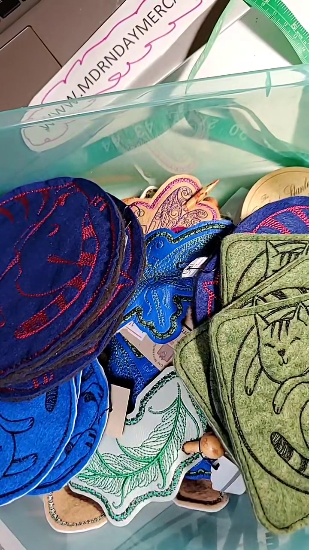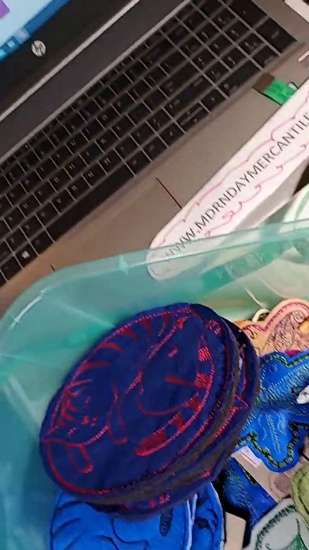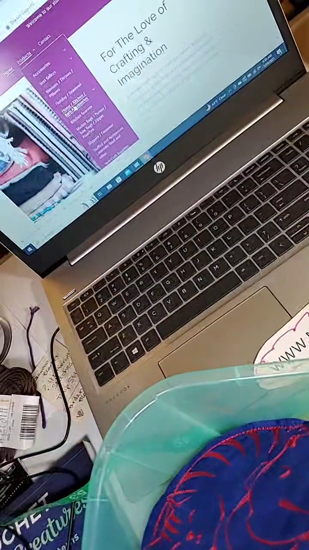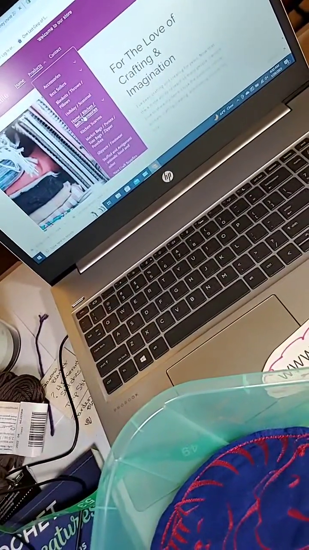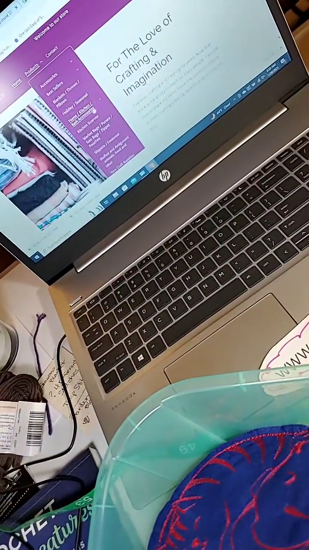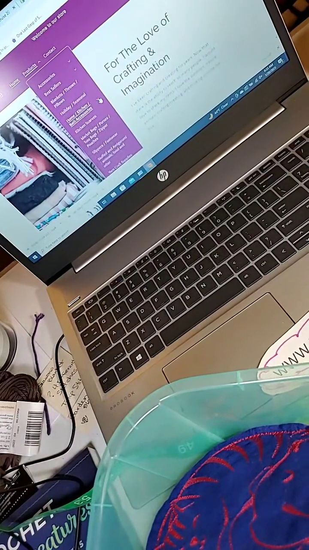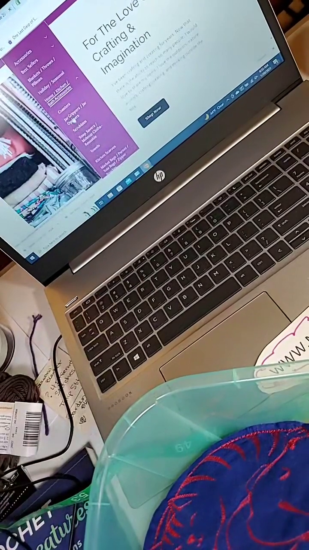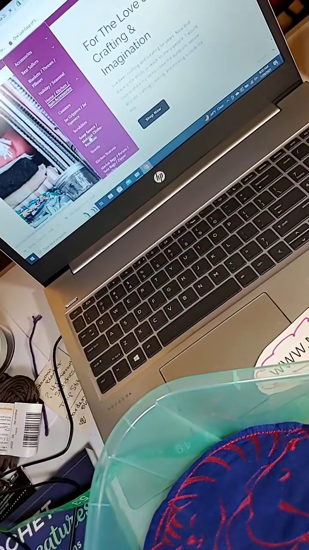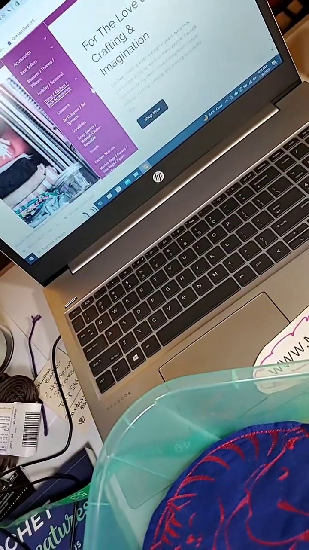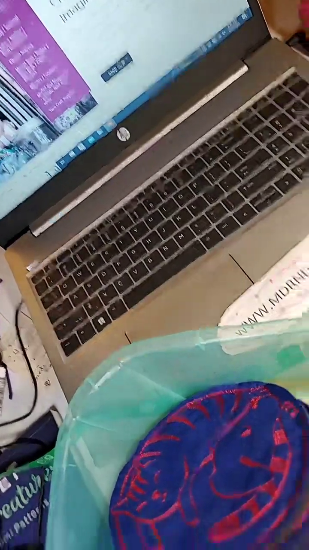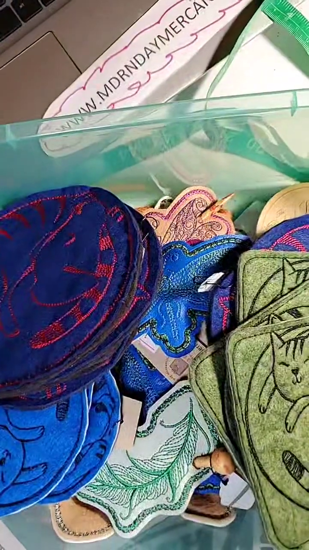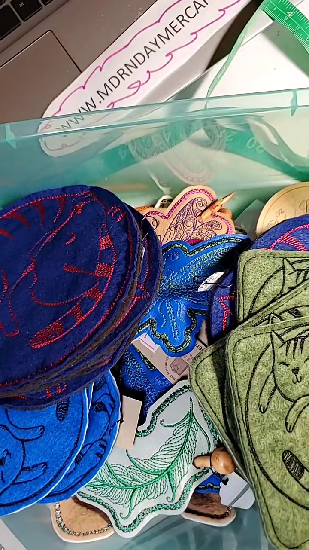Okay, so I did change the menu name, so I do have that included here, so it's a little more clear. You can see home, kitchen, and bath accessories. And then you just select that little drop down and then you see what's available. So this is just kind of behind the scenes, what it's like for me, checking my